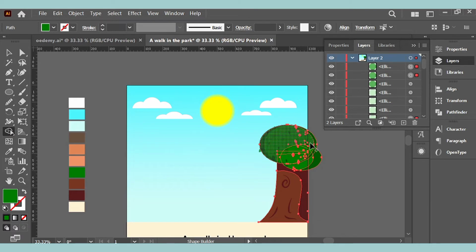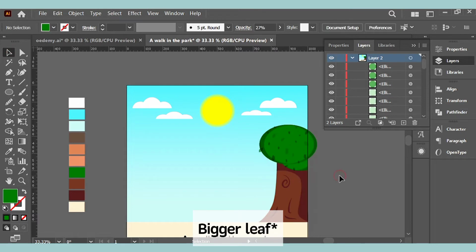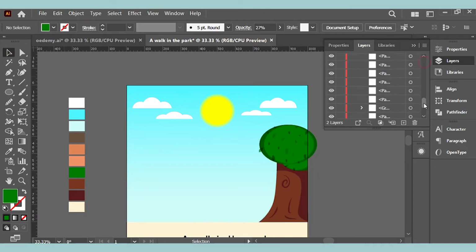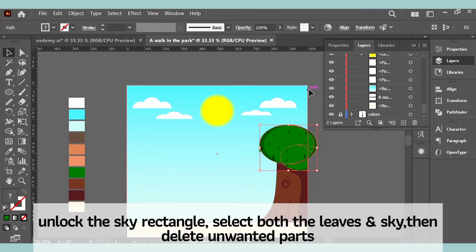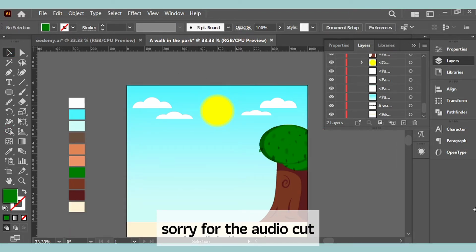Now we want to delete the unwanted part, this part that is protruding outside the artboard. You can see that when I'm clicking over it, there are parts that are just one, like that big tree. I can't delete it, and the reason why I can't do that is because our sky is locked. I said you need to have 2 different shapes for your shape builder tool to work. So I unlock